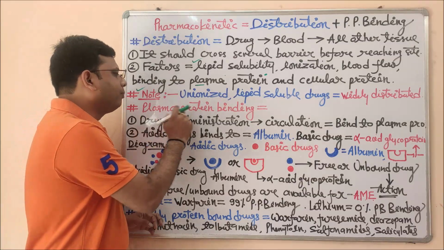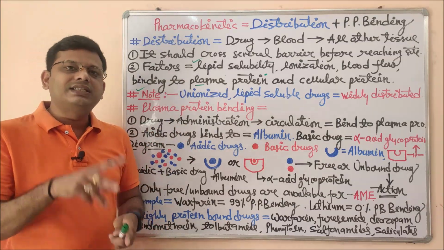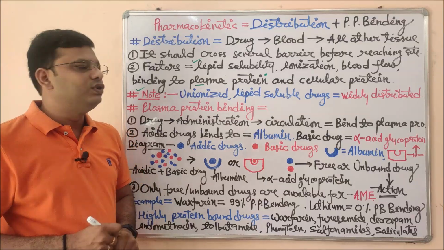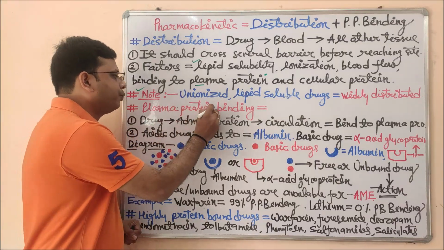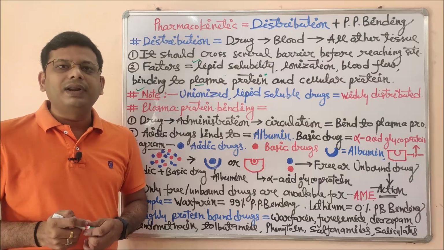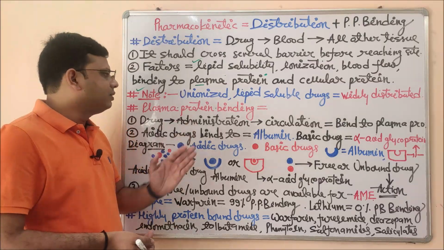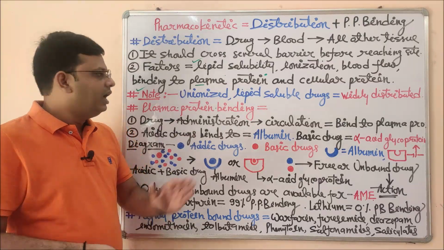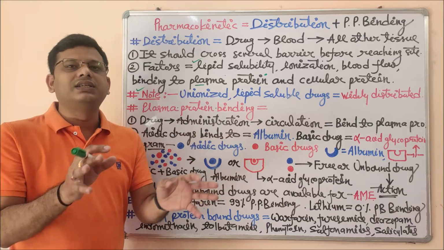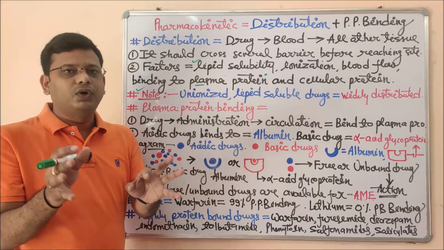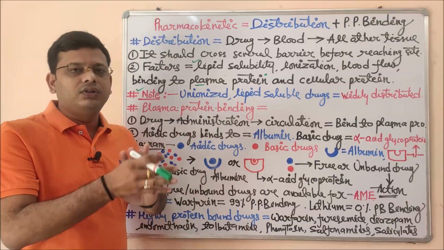So what is the meaning of plasma protein binding? Just simply cut this word into meaningful parts. We have plasma, protein, and binding. What is plasma? It is a constituent of blood. What is protein? It is a major constituent of the cell. And what is binding? That means occupancy, that will take part in that particular process, that will take a seat in that particular process.